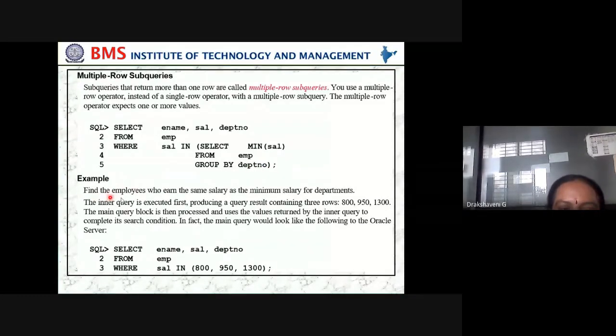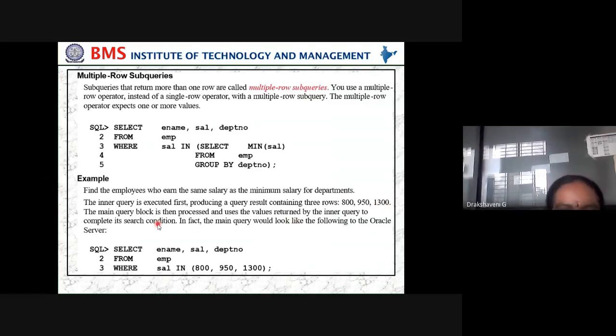Find the employees who earn the same salary as the minimum salary for the department. The inner query is first executed, producing three rows: 800, 950 and 1300. In this case we are using in, so I want all those employees who may be getting 800, or 950, or 1300.